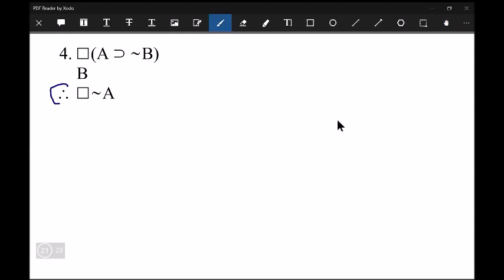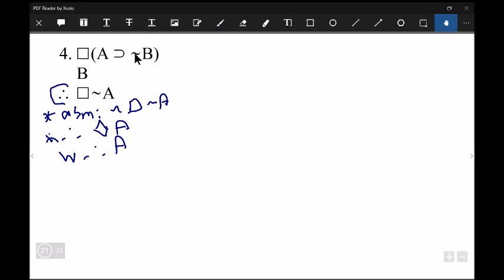Block off the conclusion, assume the opposite: not necessary, not A. Then reverse the squiggles. So you have possible A, and then you could dump that in a new world, world W, where you have A true. And then this necessary thing,